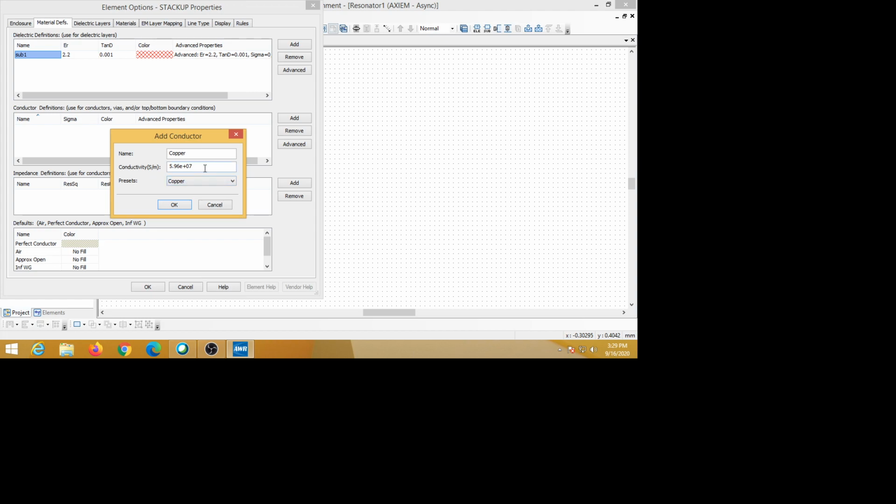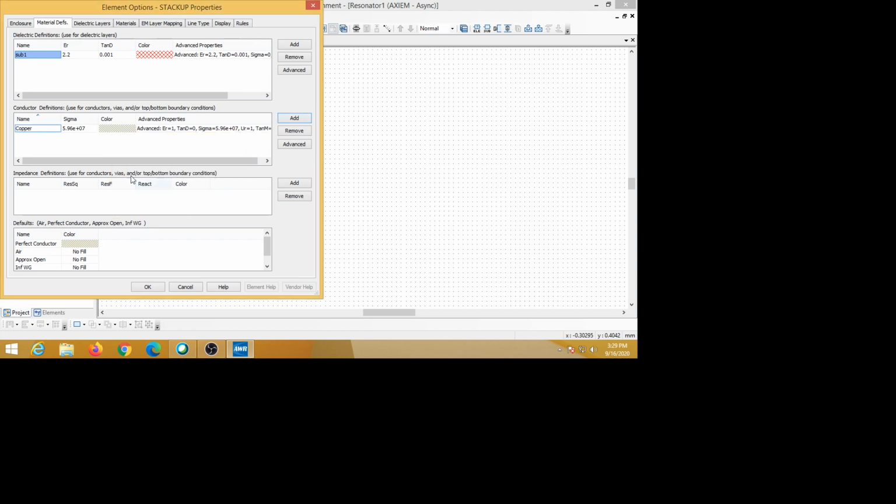Okay, so that material comes. So now it came here, this is the copper, the conductor we are using here. Here we can again see this is the sigma conductivity that came, and the color is this, and it has stripes like this. Wherever a copper material is there, these color stripes will appear. Okay, so this is for applying the definition of material.